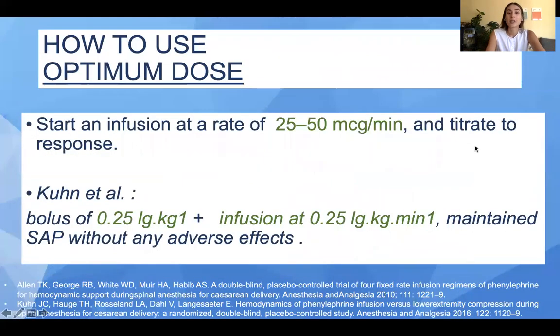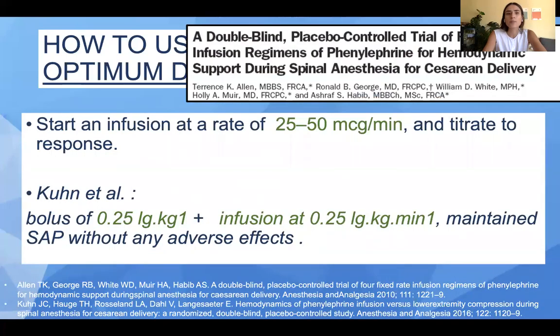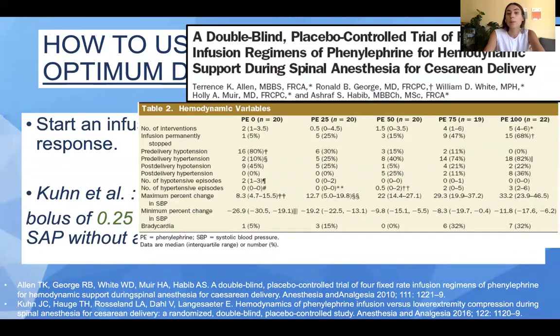Well, let's go to the optimum dose, and here again, most of the studies have been made with infusions, so this is the optimum dose that we are going to talk about. And the indication is to start the infusion at a rate of 25 to 50 micrograms per minute and titrate it to the response. And this comes from a very big study made by Allen, where he compared no infusion, 25,